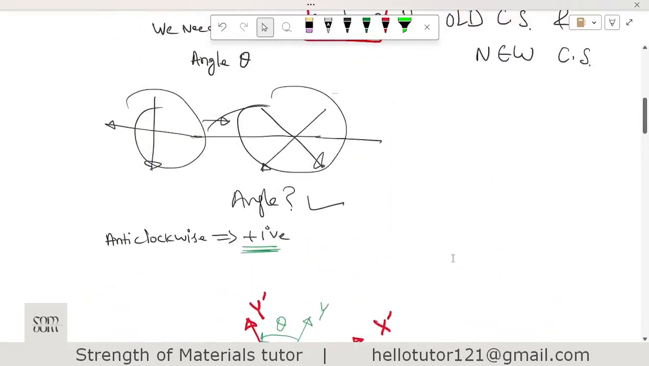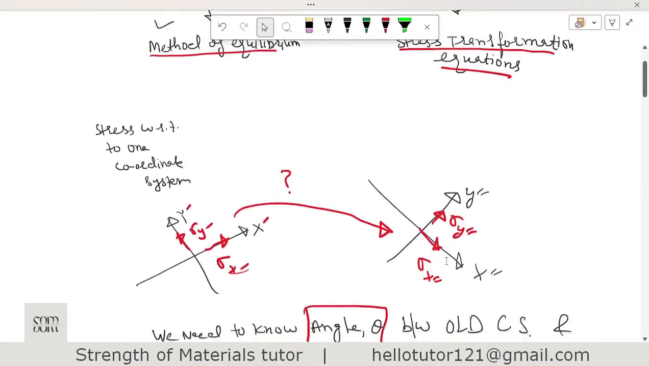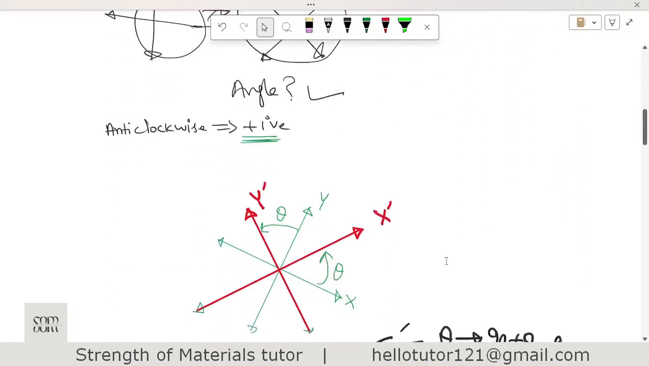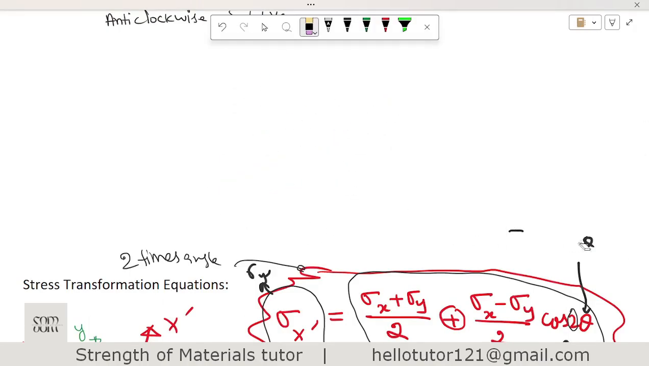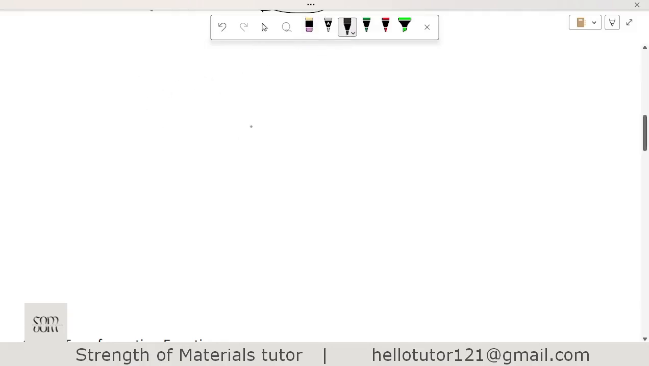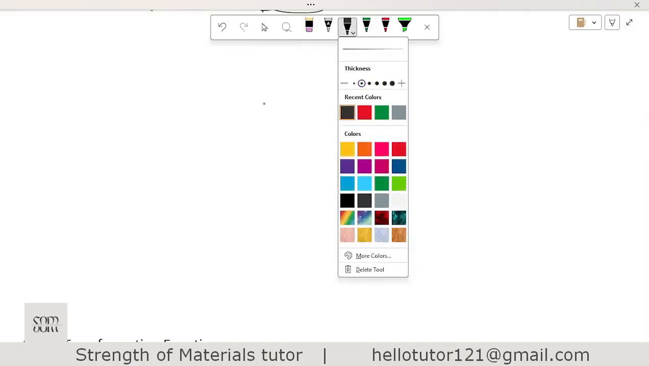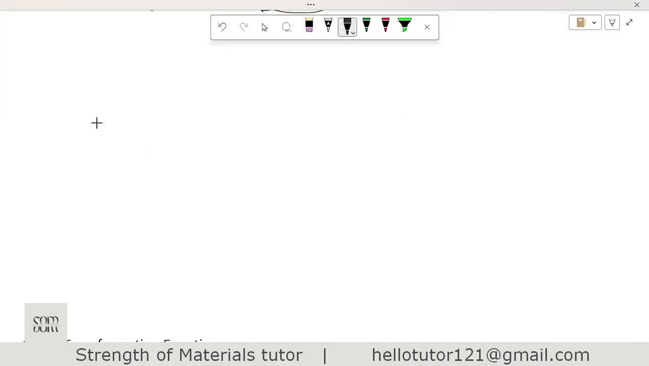Now let us talk about the sign convention. Let me resolve this first. Now the sign convention. So if this is, for example, 1,